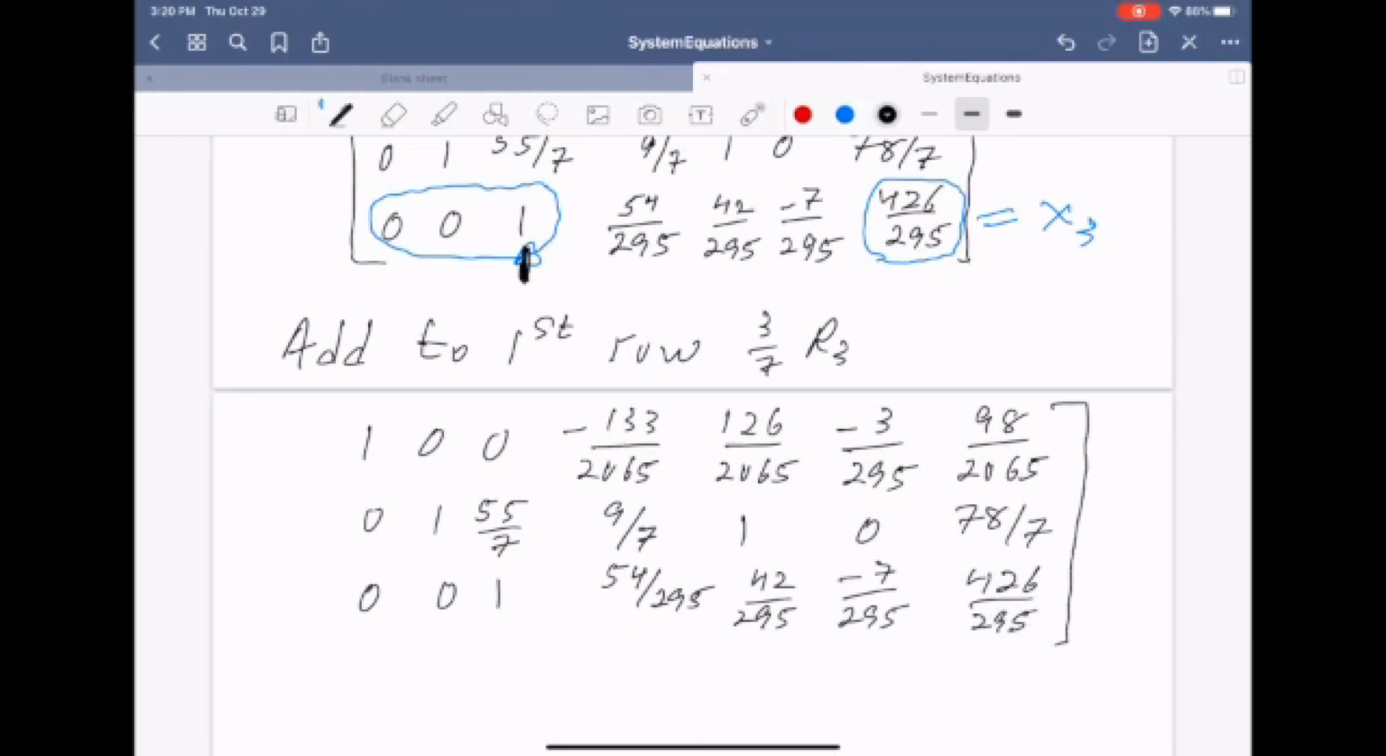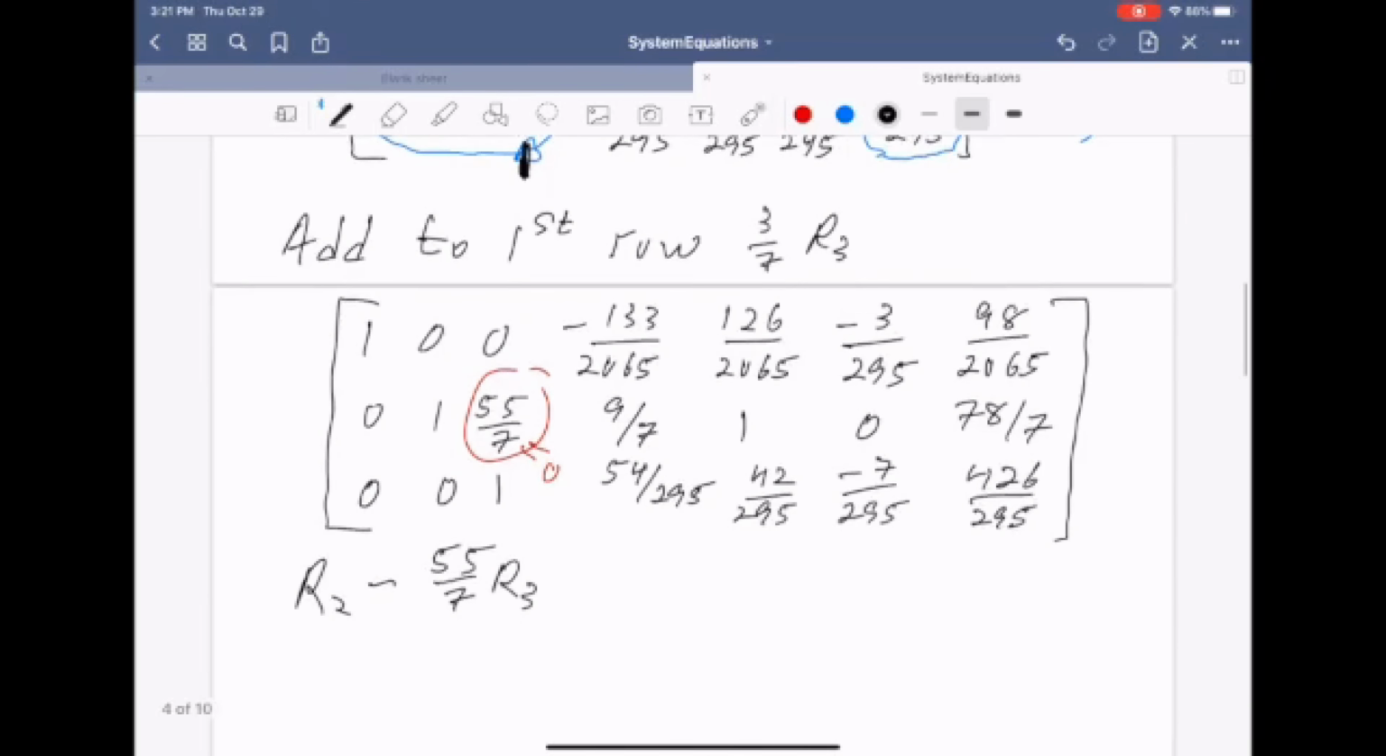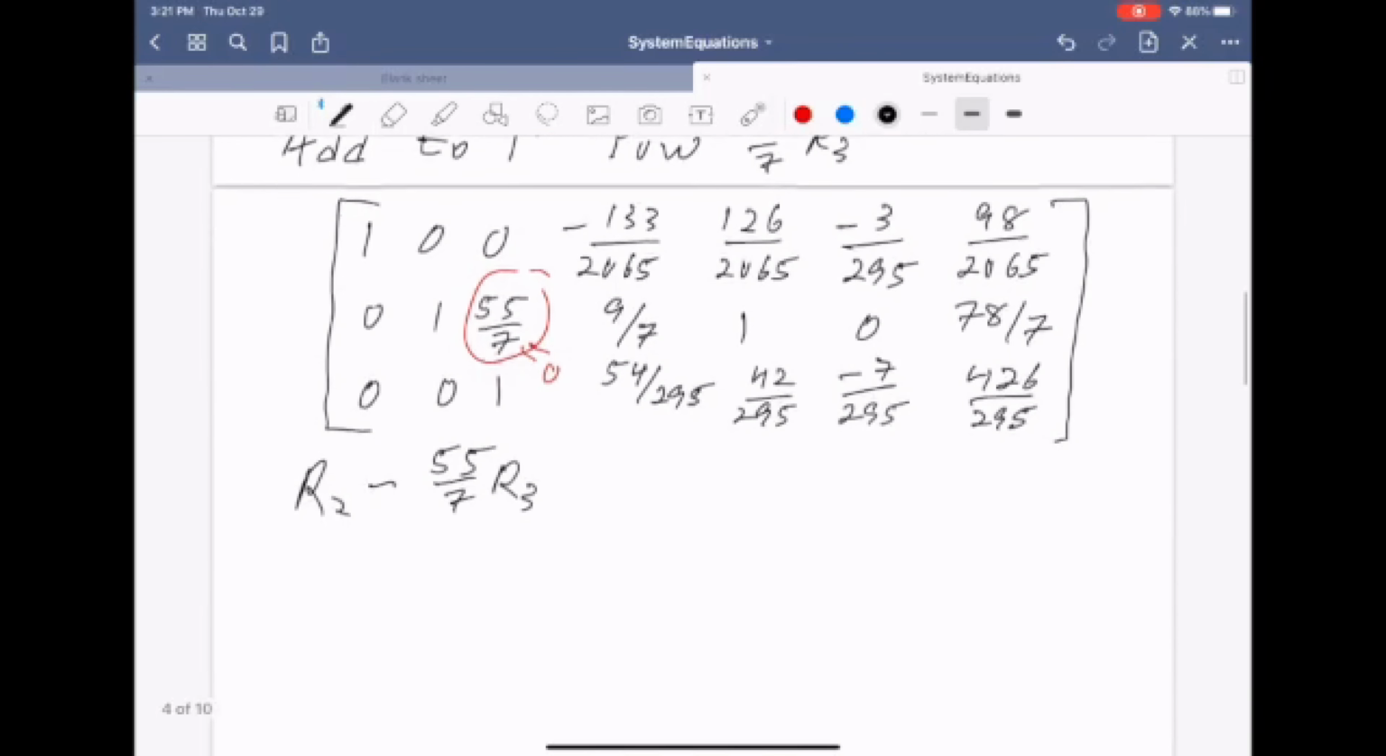All right, now we need one more step to get rid of that one and make that a 0. So we're going to make that into a 0. So how do we do that? Well, we've got to take, we're going to subtract, so it's row 2 minus 55 over 7, row 3. Okay, that will do it. So what does that give us? Well, that gives us, in the end, 1, 0, 0,